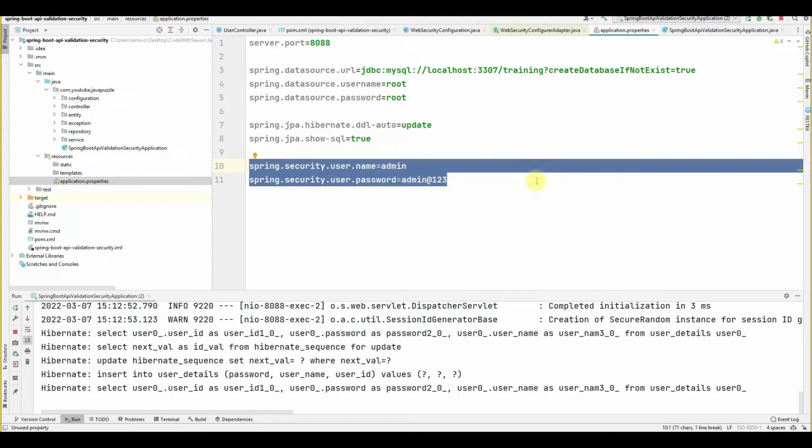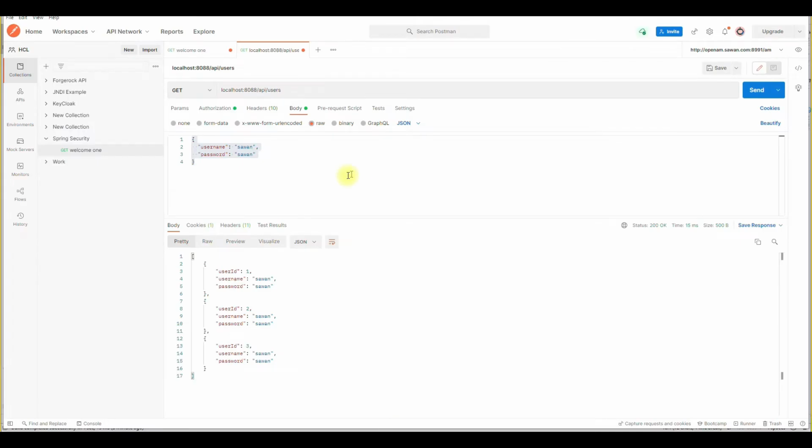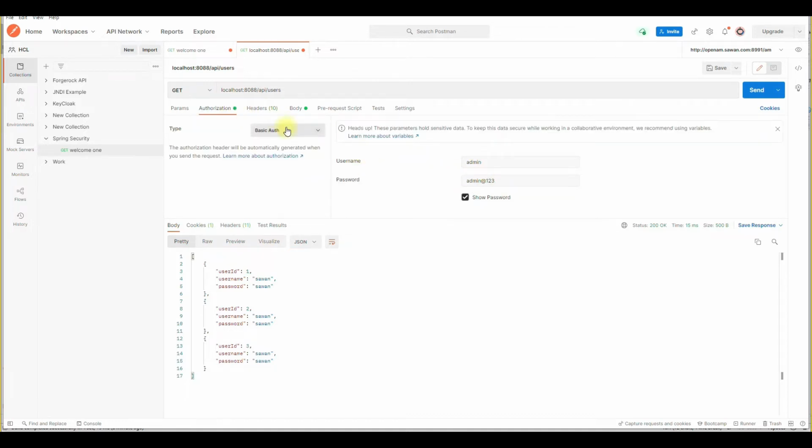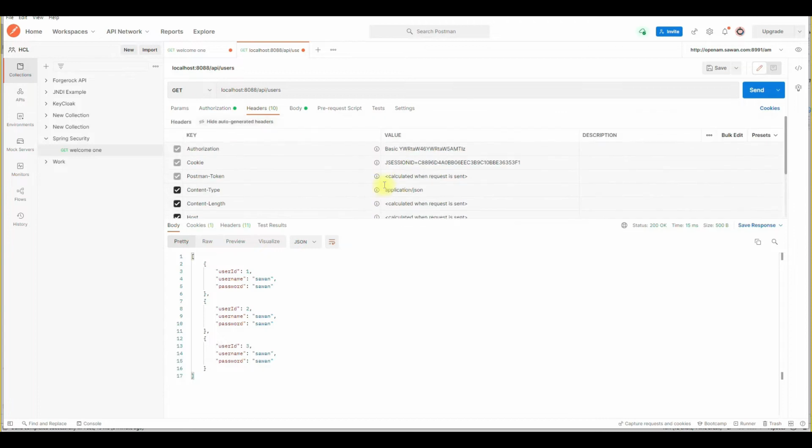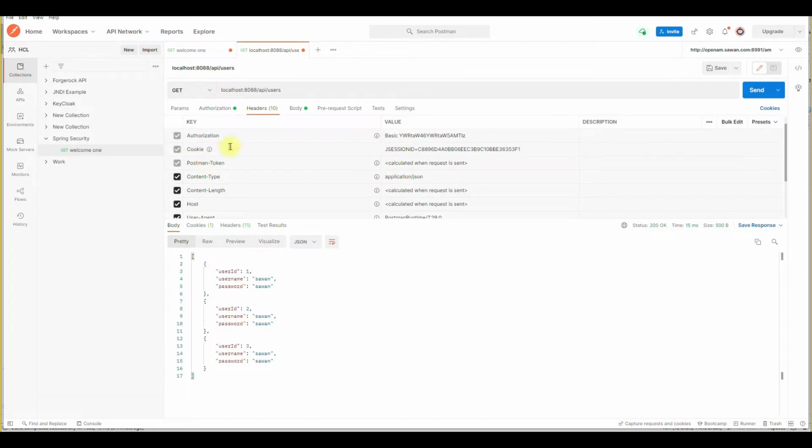But before moving to that, I just want to show you one thing. When I pass the authentication, in the header you will see there is a cookies. Inside the cookies you will see there is a JSession ID, and in authorization there is one basic key.